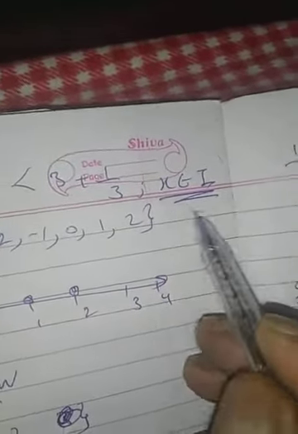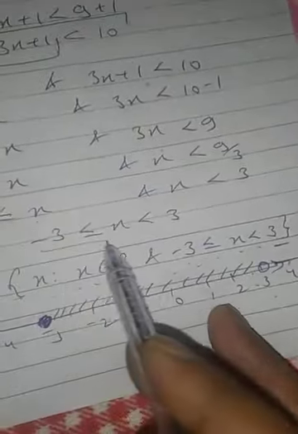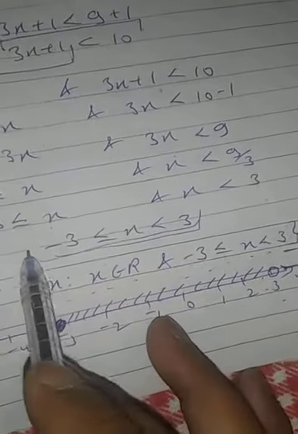Now if in the same question x belongs to I, that is, the replacement set is the set of integers, then we can represent the integers separately. The solution will still remain the same, this part you will always get whatever the replacement set is. Now the solution set will be, in curly brackets: minus 3, minus 2, minus 1, 0, 1, 2. On the number line also we can represent them separately. So like this you have to make dark circles on the number line on the integers.